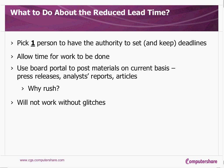And you need to allow for that, because otherwise it'll just add to your stress. I think it's also important, one of the questions we got the first time we did this, it's absolutely critical for your IT folks to be involved in this decision. They have to be comfortable doing it. You need at least 2 people in your organization who can help with it. One person who'll do it regularly, and the other person will do it when the other person's sick or on vacation. And so if we go to the last slide,